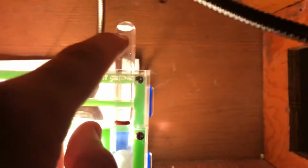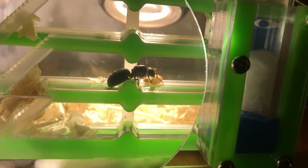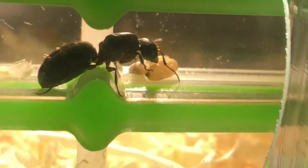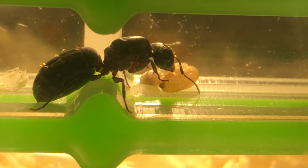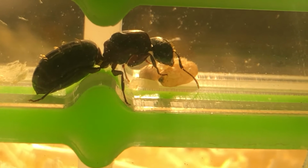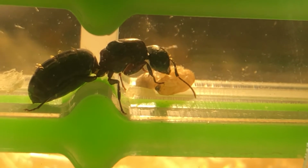In the test tube, the water goes and reaches this thing, and then all of this blue stuff is actually reaching inside the enclosure, allowing the queen and all her little larvae and future workers to drink without me having to do more than just fill the test tube. So yeah,